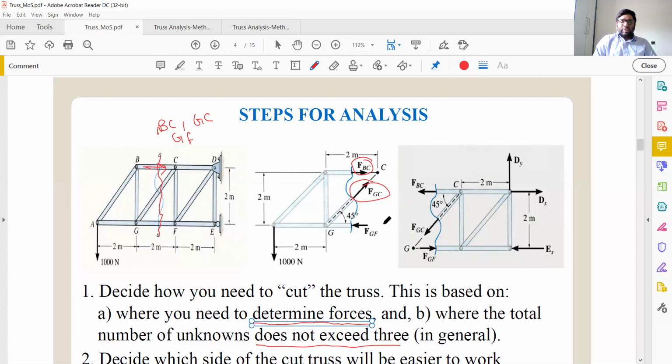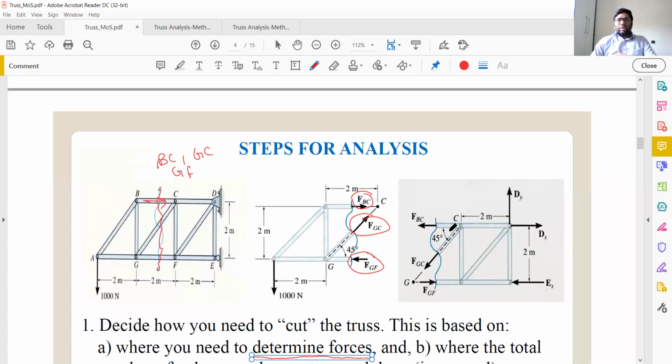Okay, one more thing, this specific portion can be tension or compression. You already have understood that whatever assumption you make, ultimately if it is correct, you will go ahead, otherwise you cannot go ahead. That is the understanding that we will get out of this. Now let us move forward and see what we are trying to do. If I take the other part of the section, that is the right hand side, you have FBC in this direction, FGC and FGF. Here I have the 1000 Newton load. Here I have two support reactions.